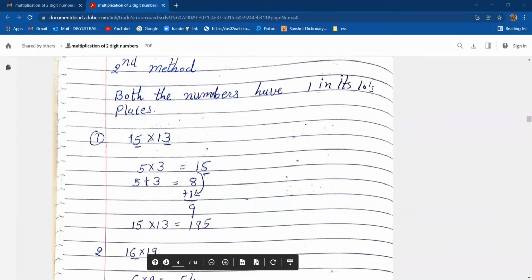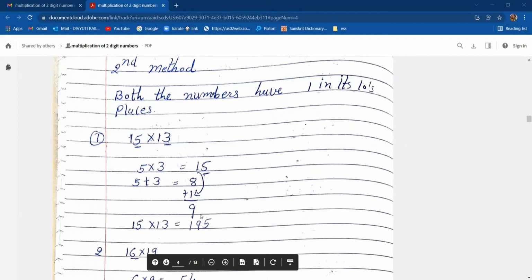Here also we have to multiply 5 into 3, meaning the unit digits, and underline the unit digit. But in the previous method we were adding the first number with the unit digit of the second number; here we will not do that. We will add only the unit digits, and to whatever answer comes we will add 1, the carry from the product of 5 and 3. Whatever answer comes, again we will underline its unit digit.